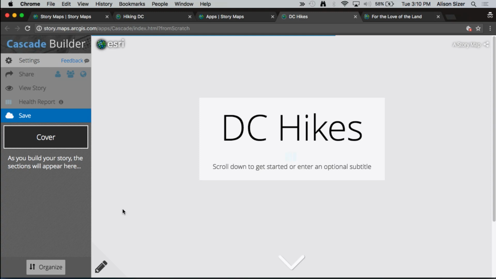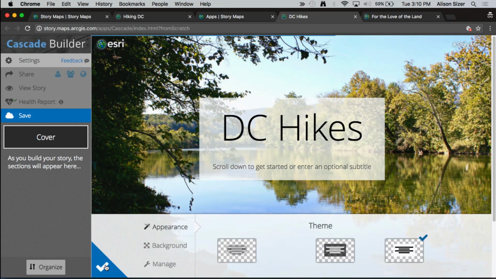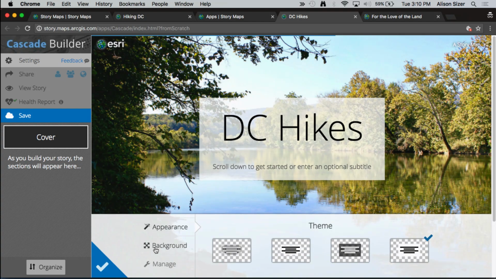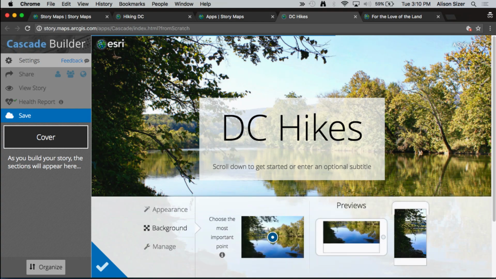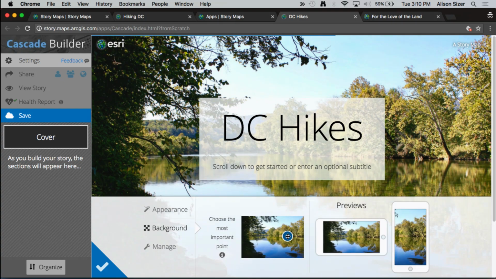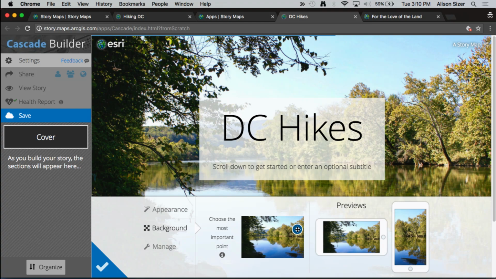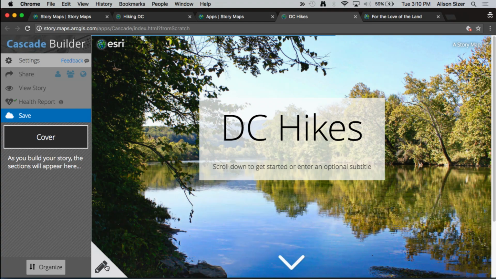So one of the things you can do in Cascade is sometimes your photo might not entirely fit in the screen, or for instance, there might be a more important point to your photo over here. So what you can do is drag this little dot around and say, on narrower screens or on larger screens, I want to make sure that this dot is always in the photo. So that's a nice feature of this app. We're going to save this and then start in on